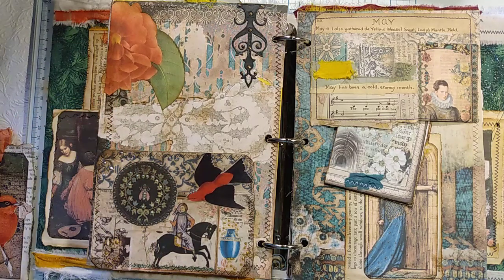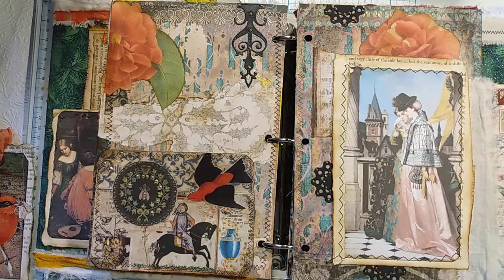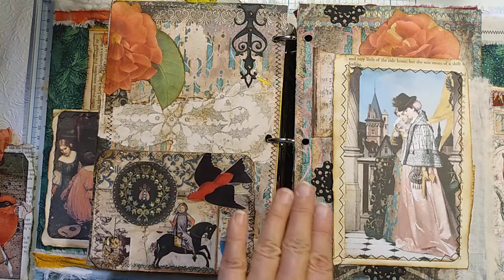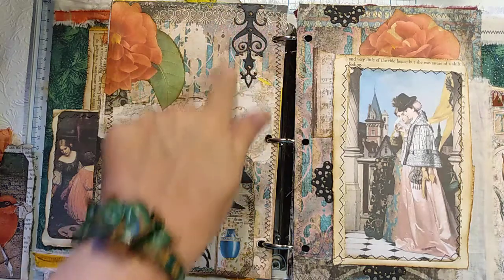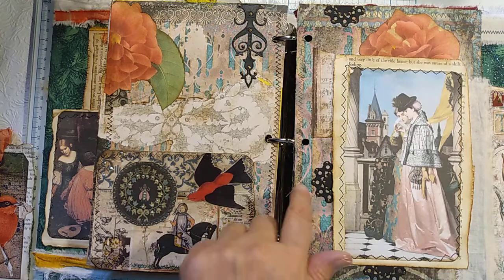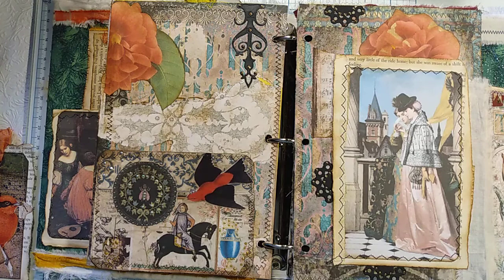And then I have this page that goes next to it drying. So if you look at this, I just put some perfect pearls on this page and it's drying. But if you look at it, now you're going to have the red of this rose and then the red of that other half of it on that page. And I added again some of that black hinge work and these sort of black scalloped pieces. It's really one piece, and I just cut them in half to make them fit better with the page,